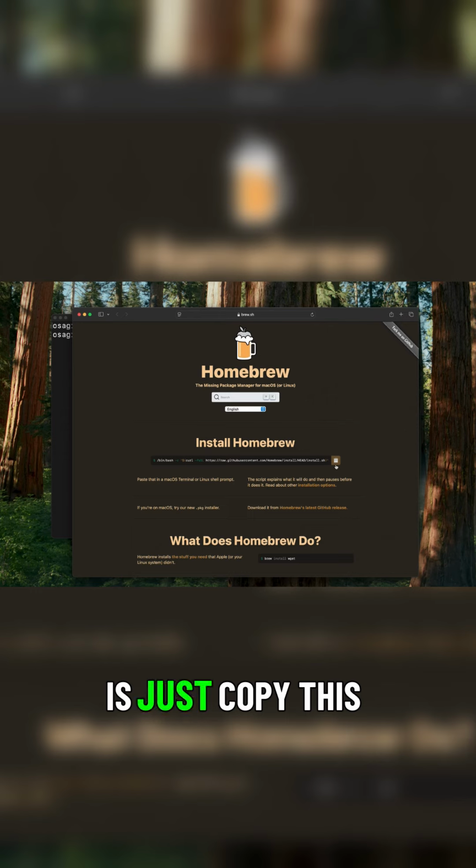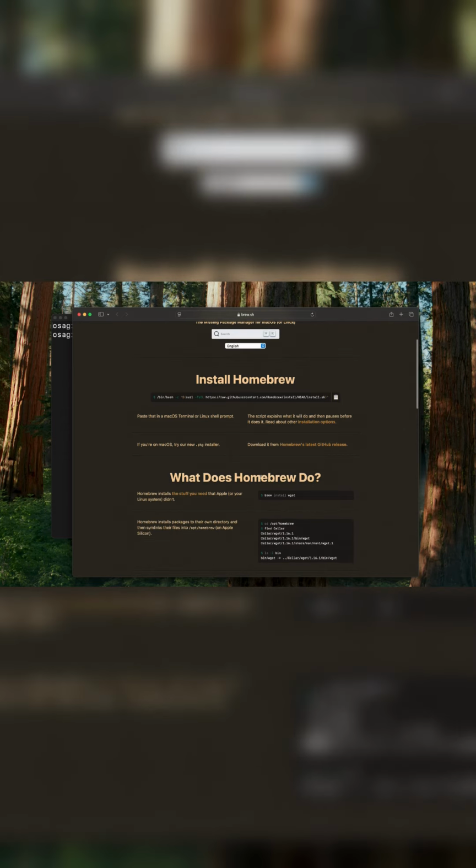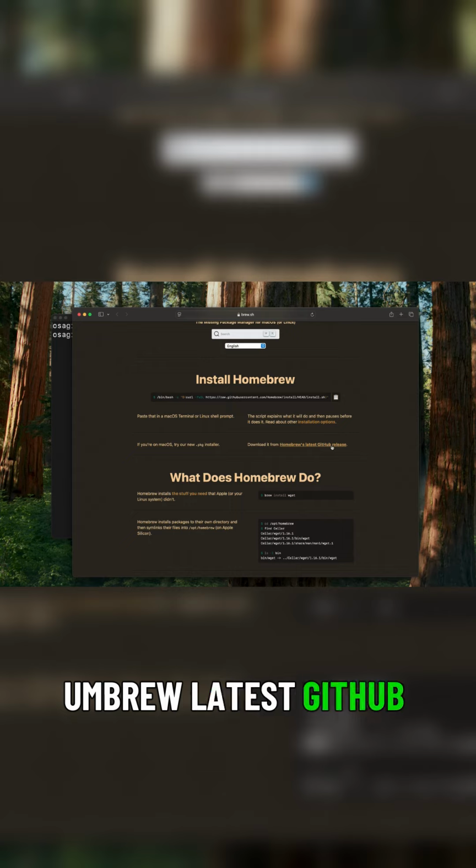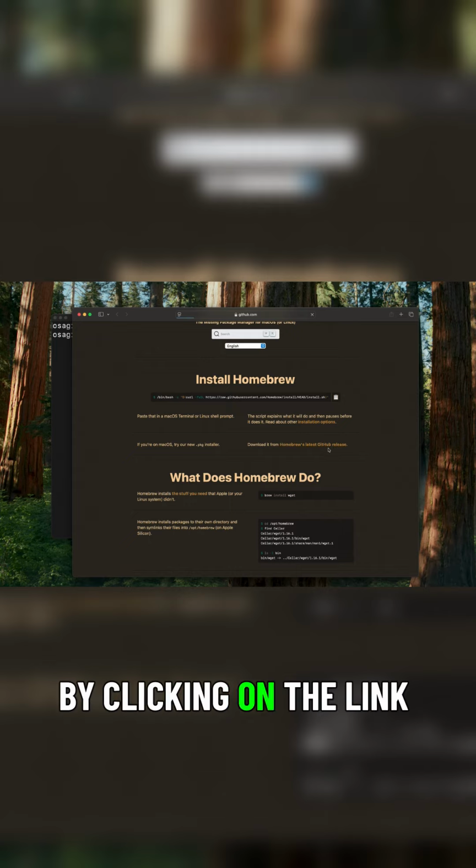All you just have to do is copy this command and paste it in your terminal. Alternatively, you can download it from the Homebrew latest GitHub release by clicking on the link and